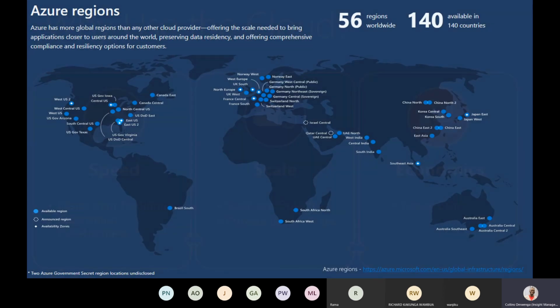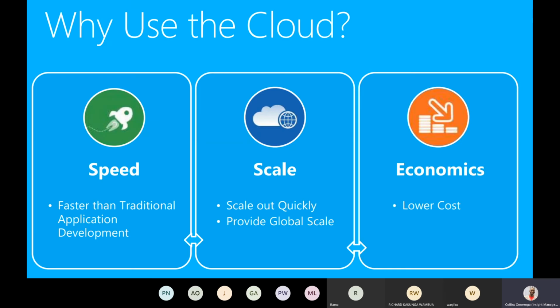And when you talk about cloud, why do we even bring the cloud conversation into play? We're looking at scenarios where it helps accelerate your speed in development and deployment.